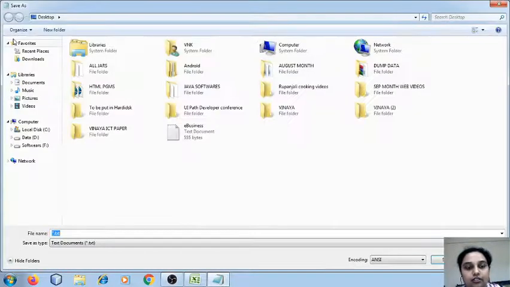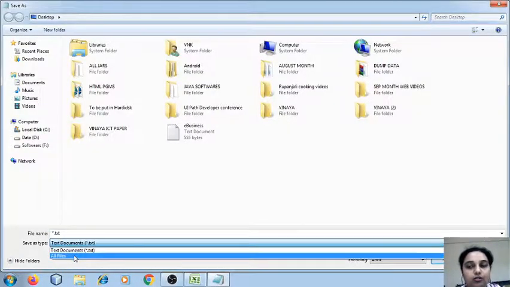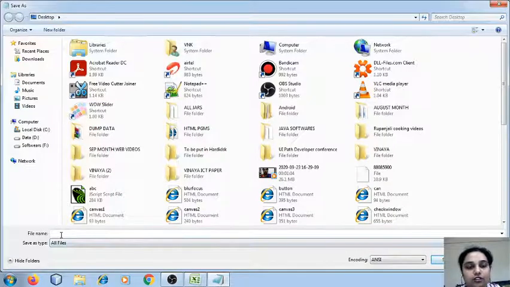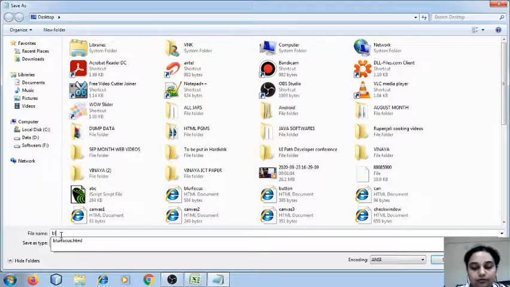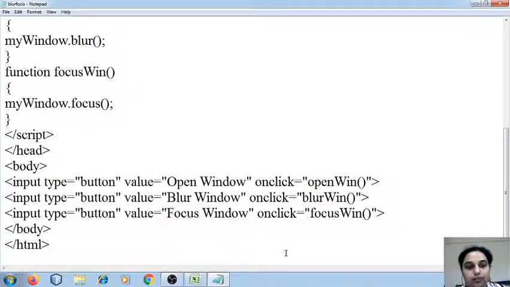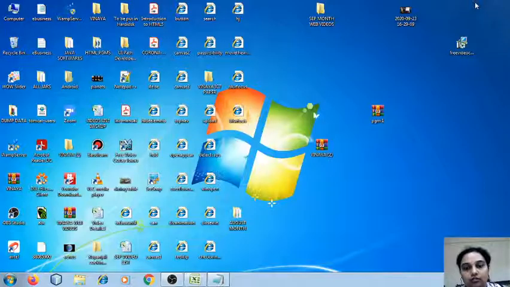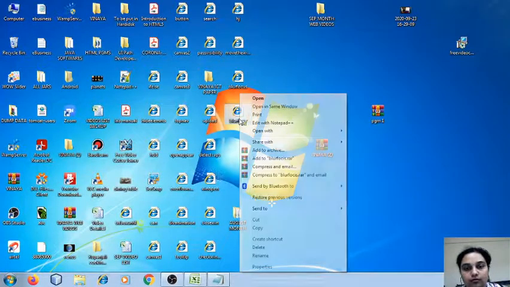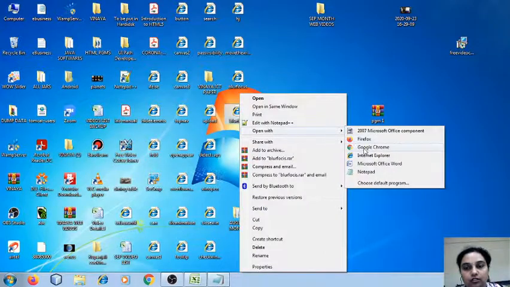File, save. You have to remember, always save your file with the extension .html. Save it with the extension .html. Open with Google Chrome.